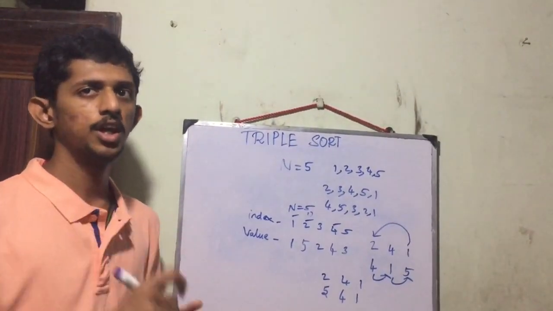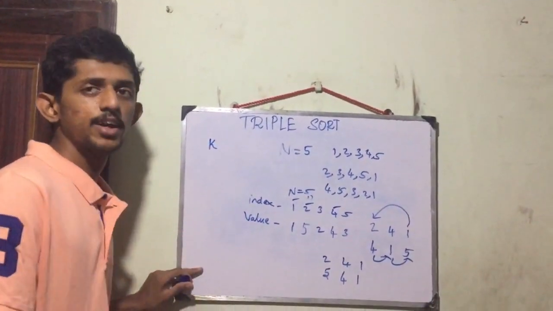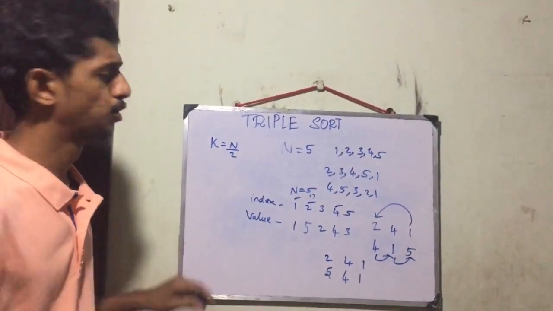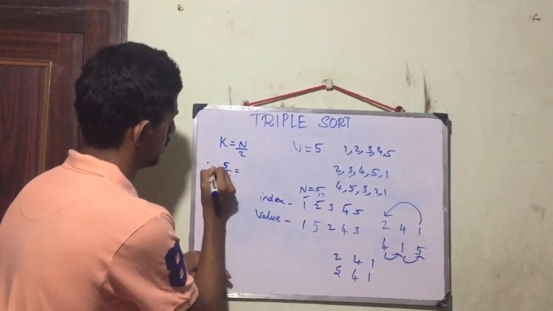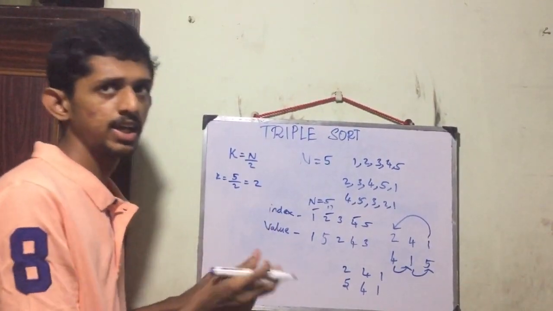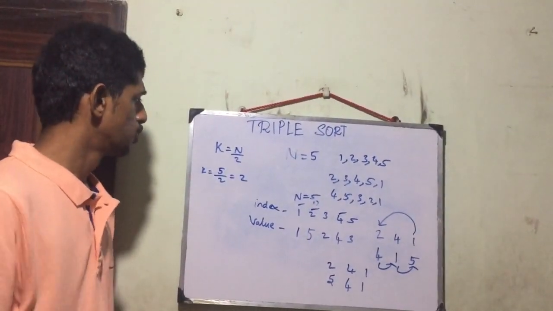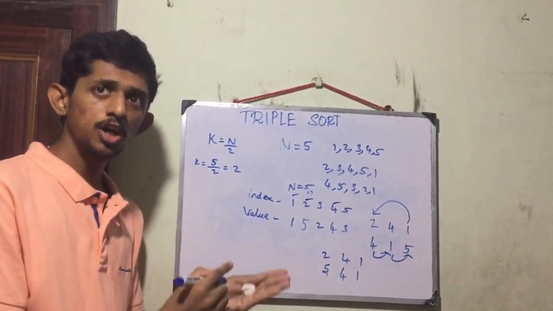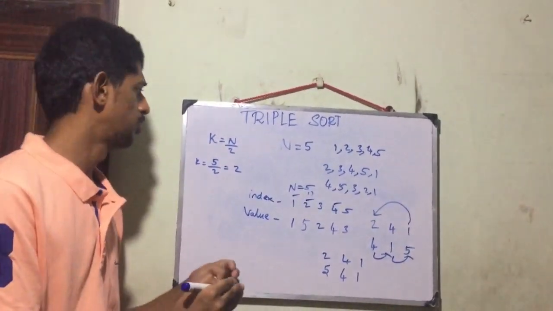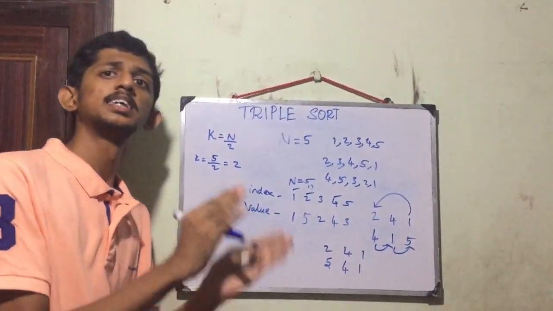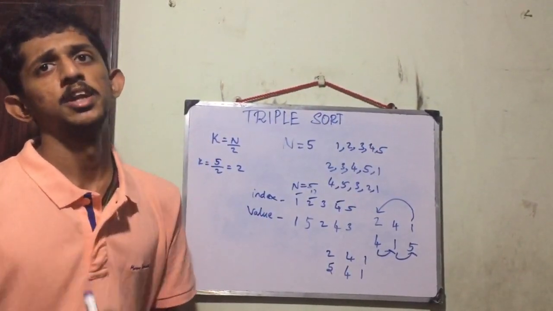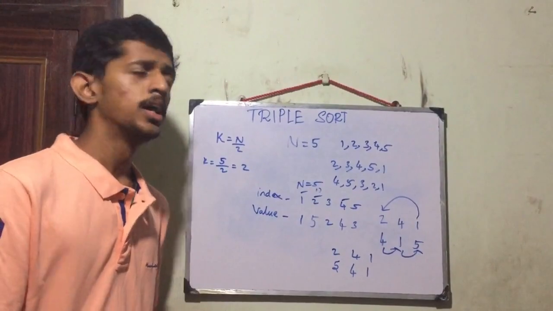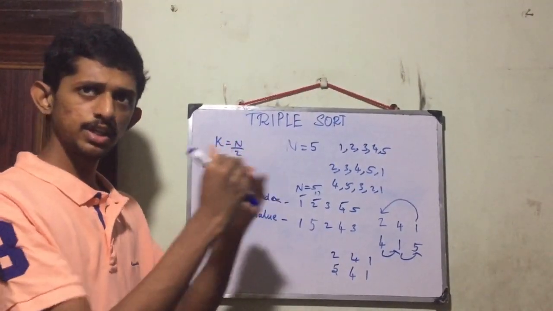You will be given a value k. That k value will be equal to n by 2. For example, if n is equal to 5, then 5 by 2 is 2; you have to take the integer value of that. So you have to perform at most k operations of this right cyclic shift. If you are not able to sort within k, and your number of operations exceeds k, then you have to print -1. Else, if you are able to sort the given permutation in increasing order, then you have to print the selected indices for each operation.